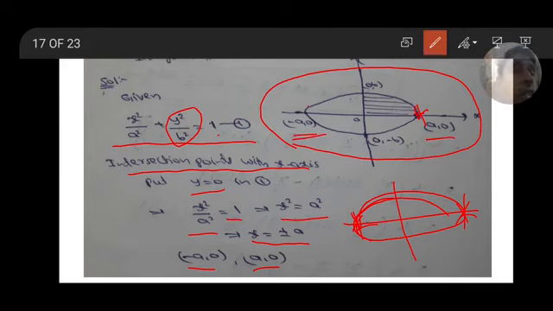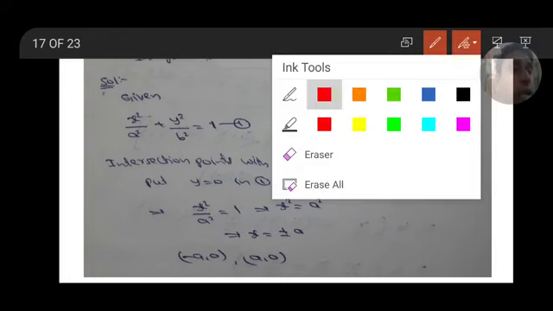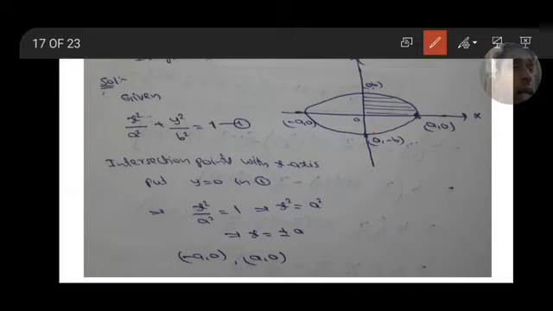It is the first part, second part, third quadrant, fourth quadrant. Total 4 into the area in the first quadrant. Like the circle, it is also 4 into the area in the first quadrant, and the first quadrant limits are 0 to a. If you take the y-axis intersection point, x equal to 0, we get these intersection points. Here we are looking only at the x-axis and the area. 4 into the area in the first quadrant. Area in the first quadrant means Q1. Its limits are 0 to a.